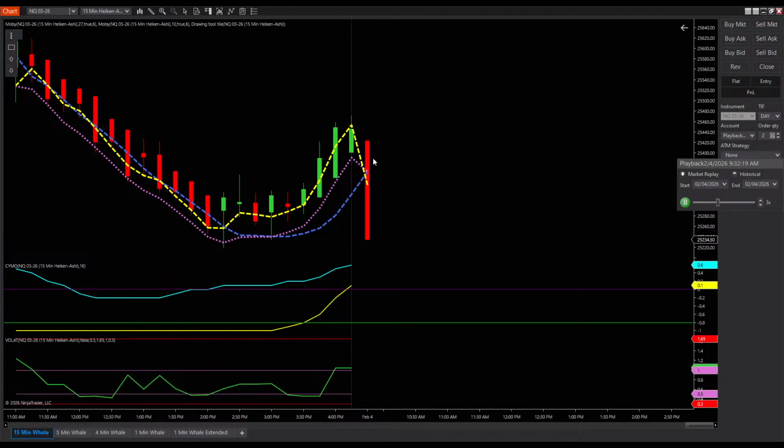Okay, so here we go, guys. First bar of the trading day. MOBY appears to be coming down again. Your short-term signal in MOBY is this yellow line. The difference between the yellow and the purple line is that the purple line tracks the longer swing in price. The yellow tracks the short swing in price because it's set at 10. So this is already telling you that price is going down right there.